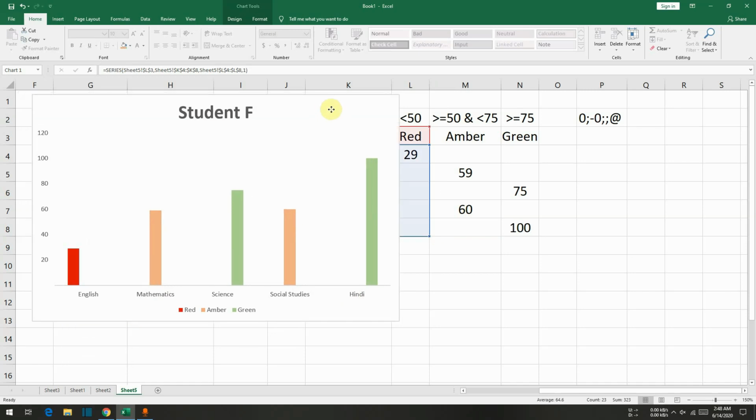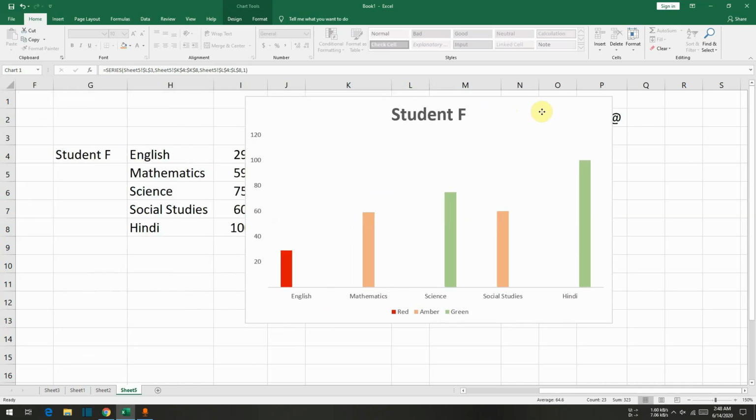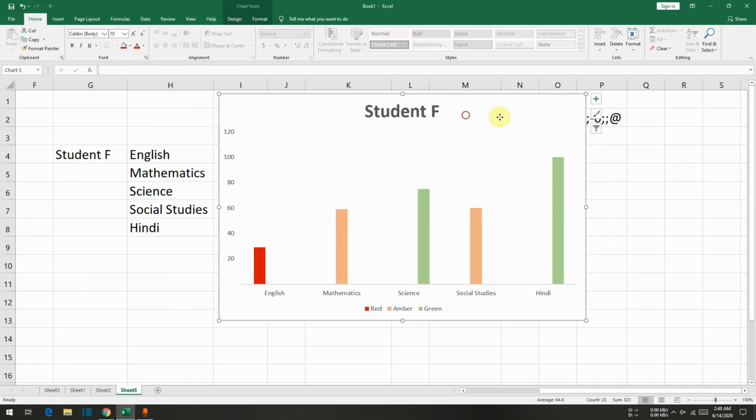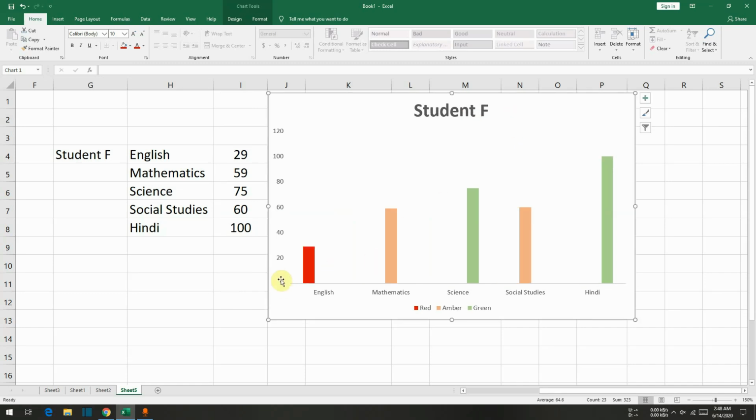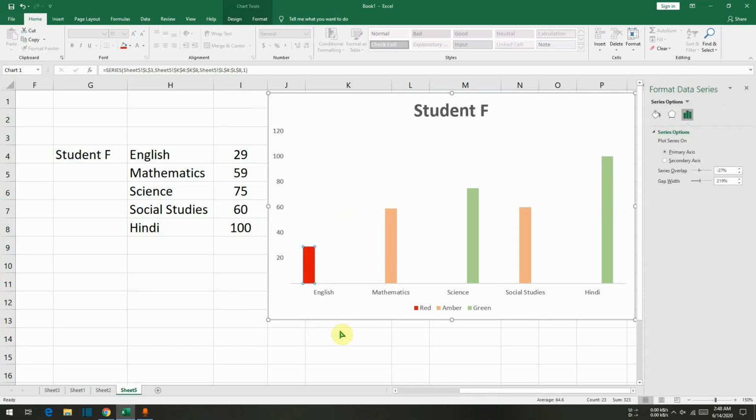Okay, now 2 or 3 things we need to apply. We have to right click here, Format Data Series, and you can see there are 2 things, Gap Width and Series Overlap.